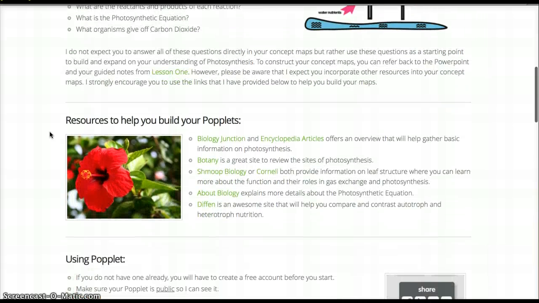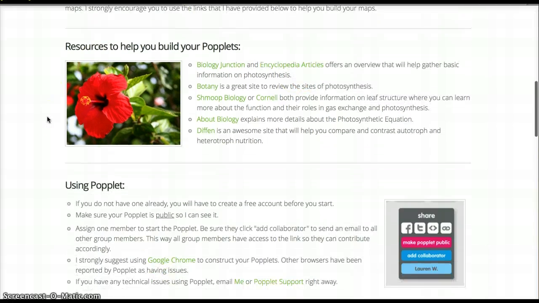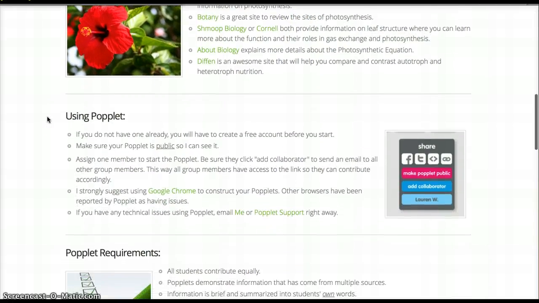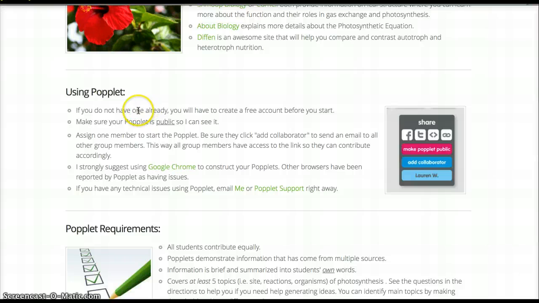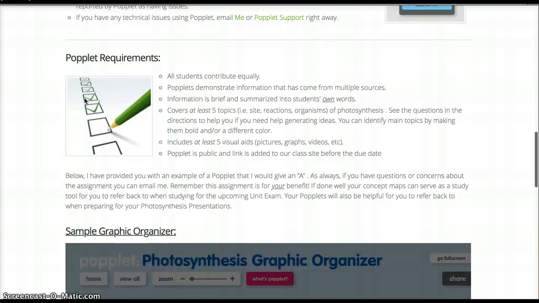I've also included resources to help them build their maps because I know in my lecture I don't talk in depth a lot about the structure of leaves, but I think it's important for photosynthesis, so I've included some additional links to help them build their concept maps. I personally use these websites and I found that they're very helpful, so I included those for students. I've also included just a very brief information about using Popplet, and I have my requirements,